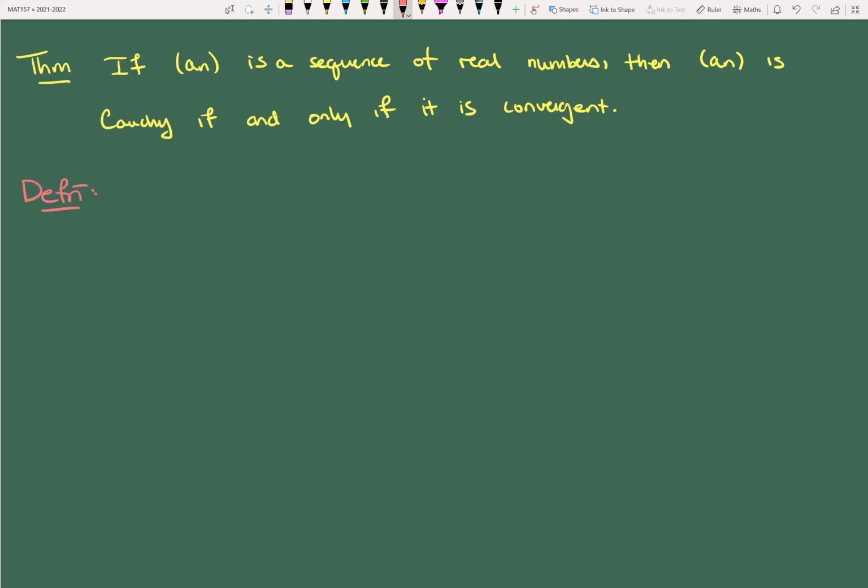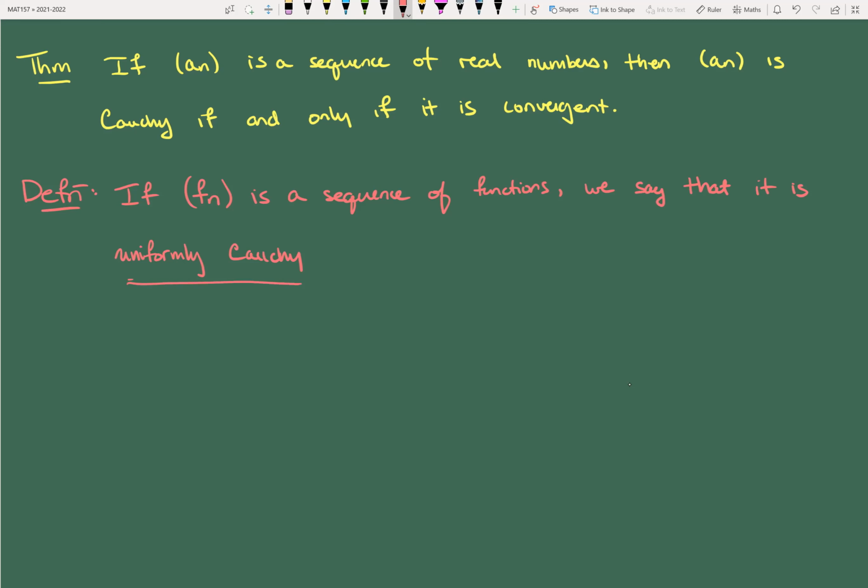We're going to define what it means for a sequence of functions to be uniformly Cauchy. So if Fn is a sequence of functions, we say that it's uniformly Cauchy. Of course there's a pointwise notion too, but who cares, because pointwise sucks. So it's uniformly Cauchy if it's a Cauchy sequence, right? So if